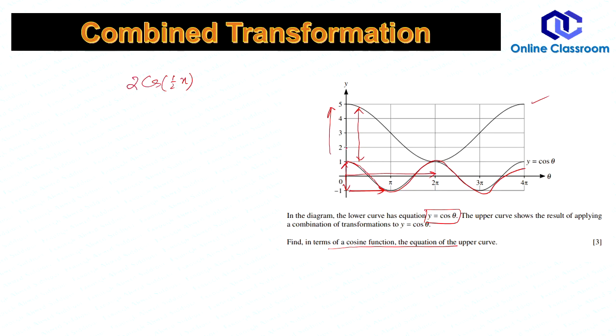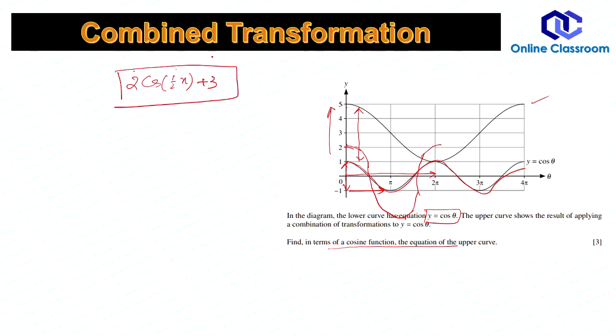That is, if I simply do the vertical stretch on this graph, I have something like this. Please pay attention. You see here 1 goes to 2 and this -1 goes to -2. Vertical stretch by 2 units. Now from that point, if I move this upward by 3 units, 2 plus 3 is 5 and -2 plus 3 is 1, and you have to add plus 3 also. This is the final equation for 3 marks because it involves 3 transformations.